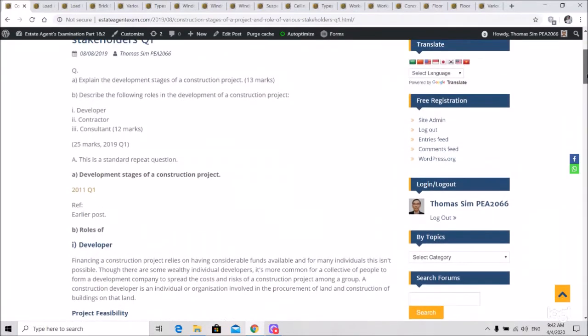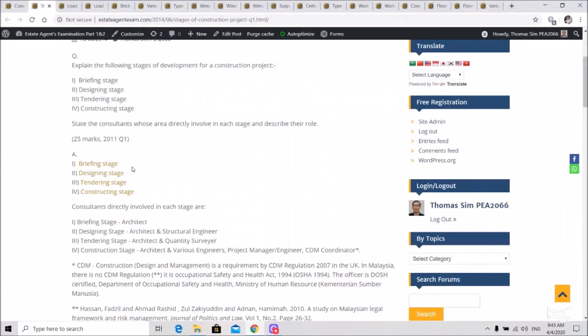So for the first part, explain the development stages. Of course, this is straightforward: briefing stage, designing stage, tendering stage, and then constructing stage. In the most initial stage, the developer needs to know whether this particular project is viable, for cost reasons, or the main issue behind the land title and all these things. All these need to be sorted out in the briefing stage, so that they can start this project with the approval given by state planning. After that,